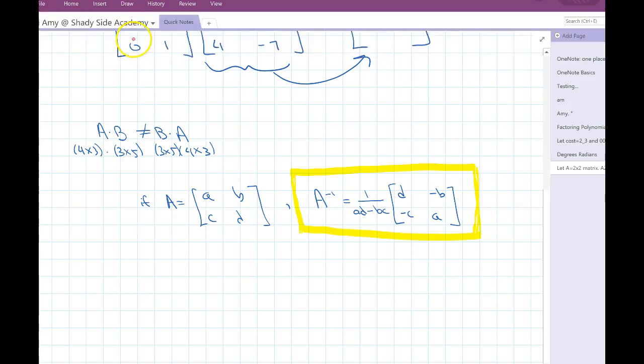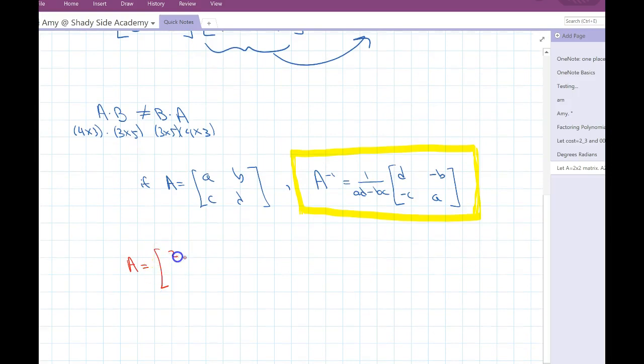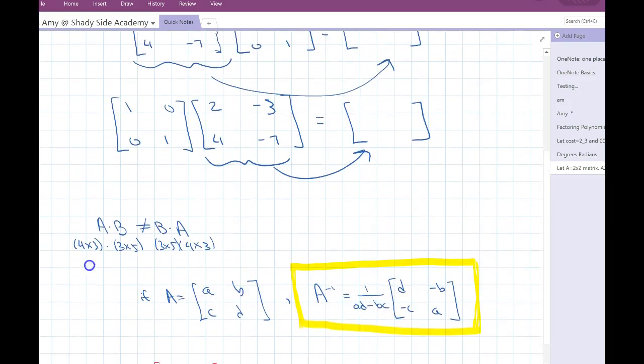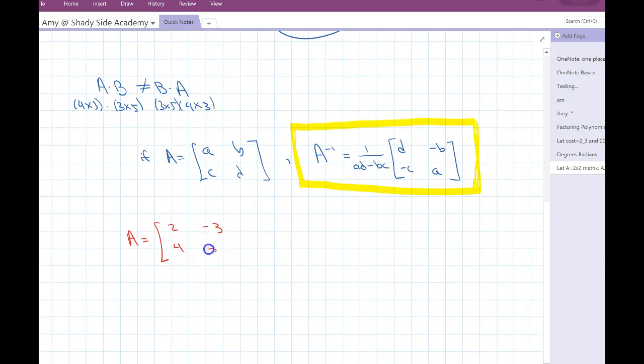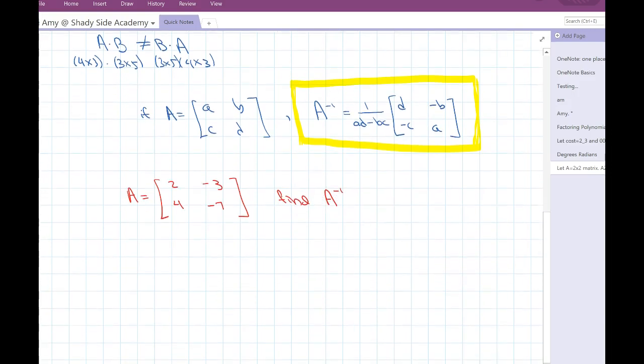So let's say I have a matrix A. Go ahead and use the one I used up here: 2, negative 3, 4, negative 7. Okay, and let's say the instructions are to find the inverse of matrix A. The inverse of matrix A is going to be